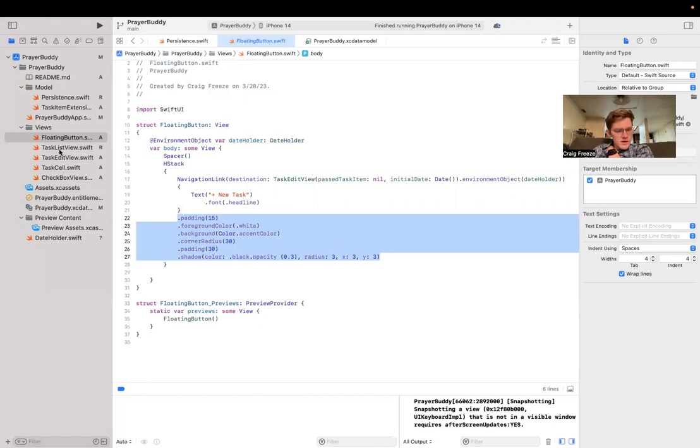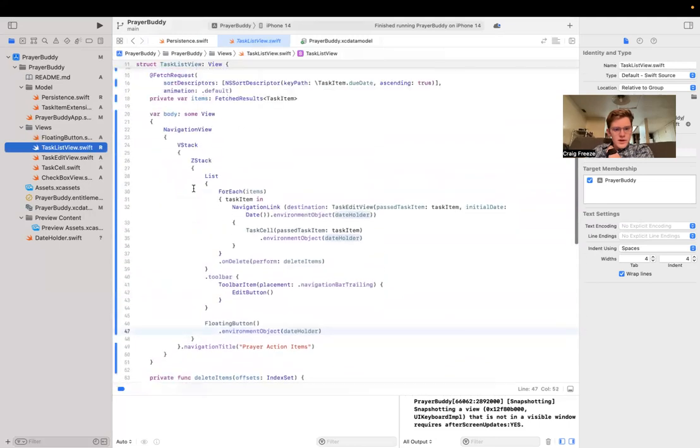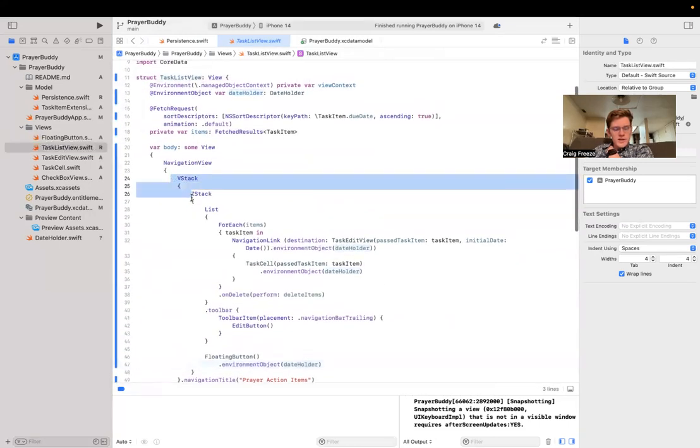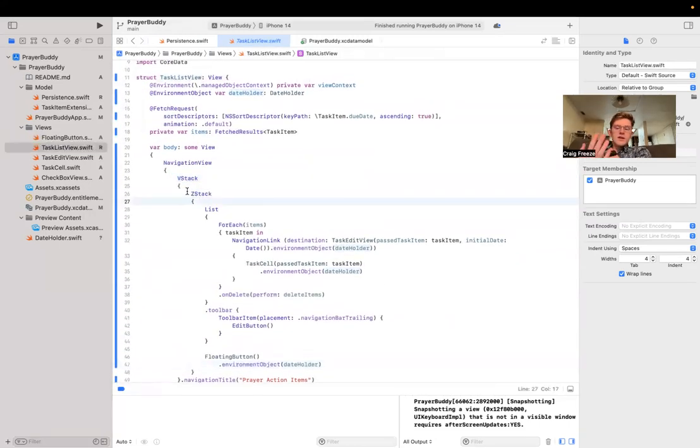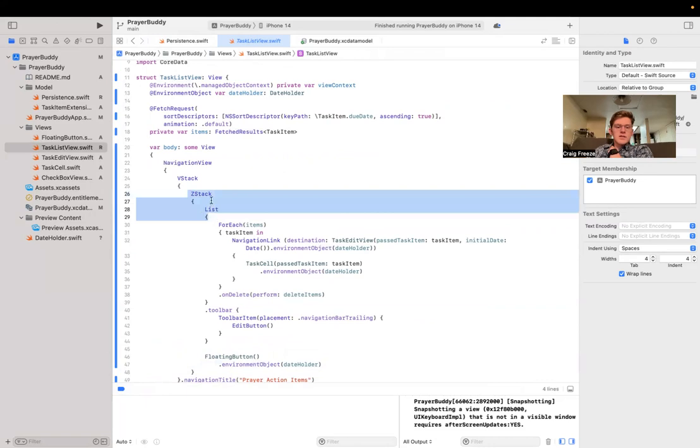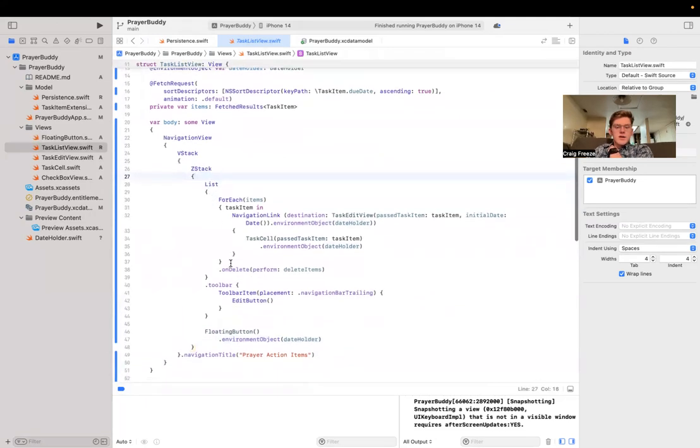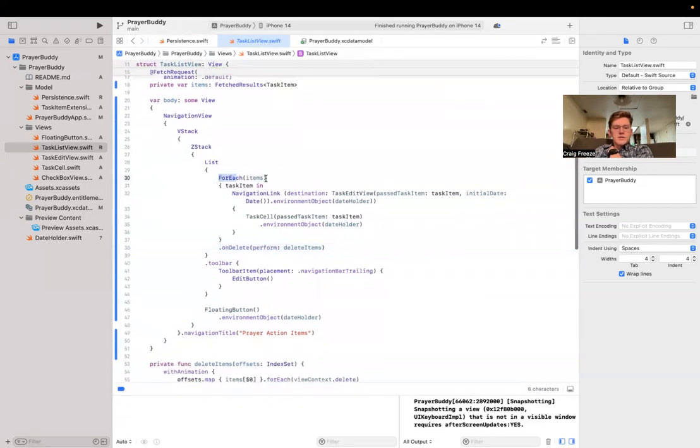The main screen here is task list view, and I use a VStack and a ZStack. This is how I get the button to sit atop the list, through a ZStack, because it adds that Z dimension. And on delete, we tell it what to perform here. And it uses a loop,